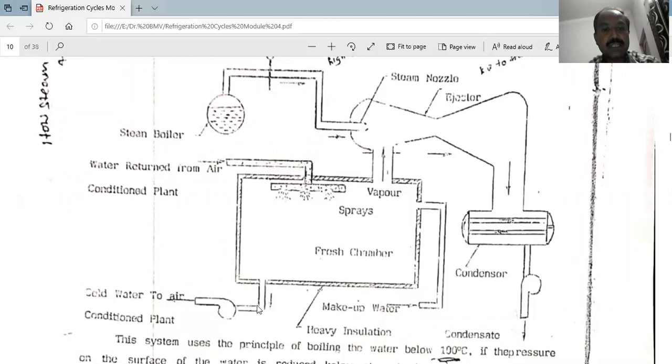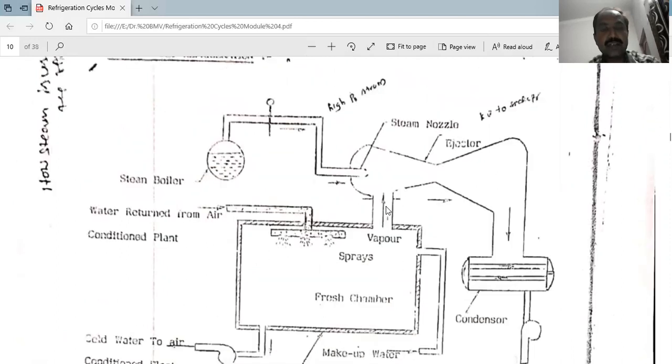At the outlet, the cold water is used for different purposes. Then the steam, at its static pressure, comes through the condenser, where the heat rejection process takes place, then it leaves into the atmosphere. Then once again the steam comes from the steam boiler. In this way, that is the working principle behind the steam jet refrigeration system.